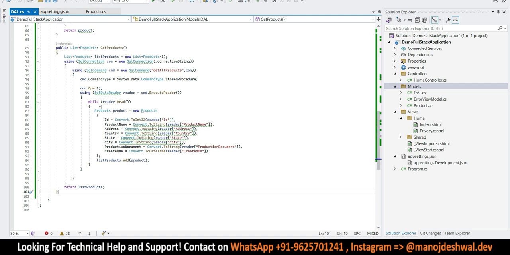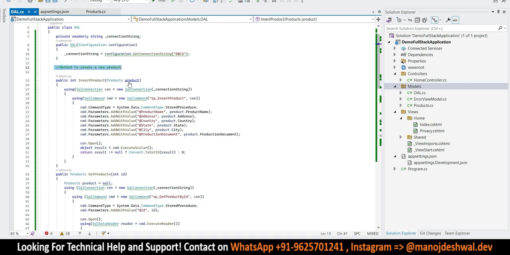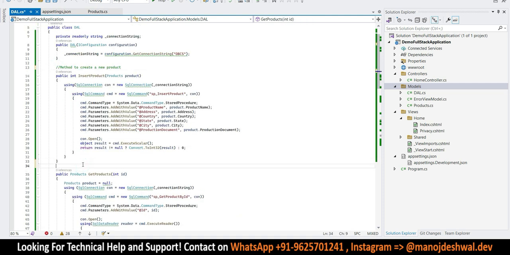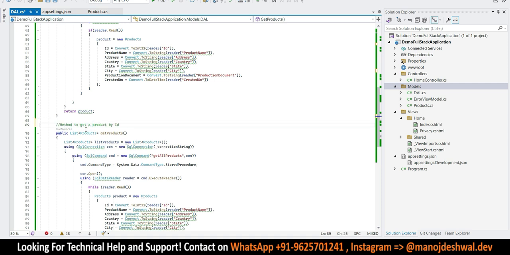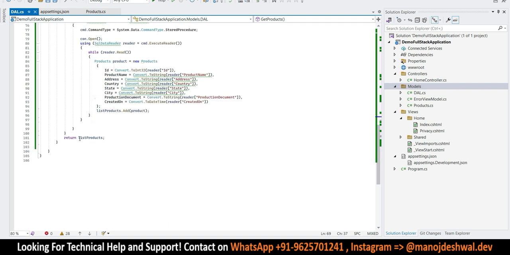All right, similarly let me also mention this comment, get product by id, method to get all products, and here method to update a product. So here,